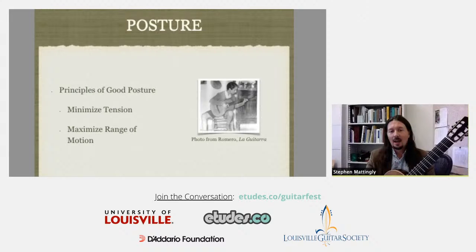A couple things going on here with the young Pepe Romero. He's, of course, leaning left, looking at his left hand, as we all do. He's got a great deal of torsion going on, where he's twisting his upper body and leaning and looking left. And his right shoulder is tilting forward and coming forward to play. All of those things that obviously he mastered and corrected in his overall technique and in his technical wizardry that